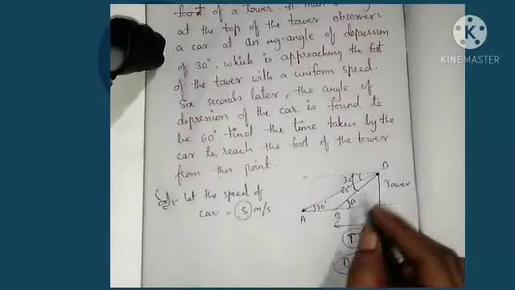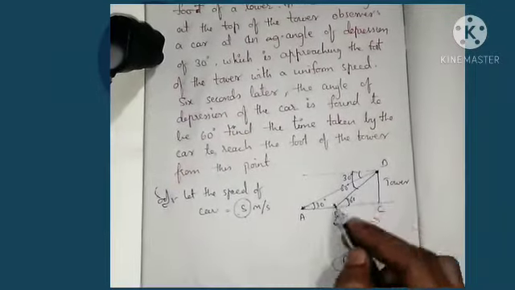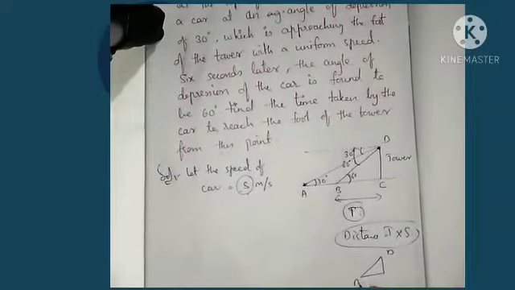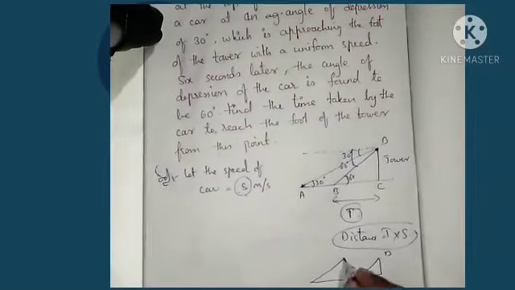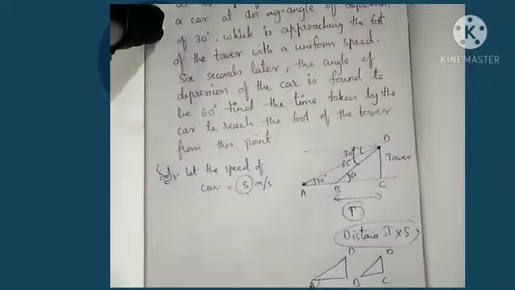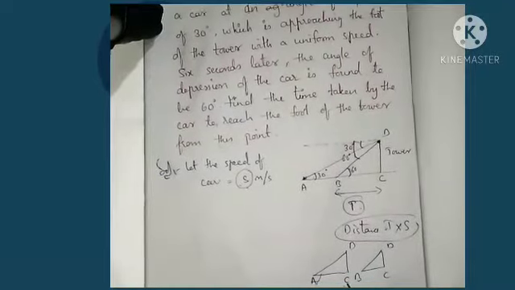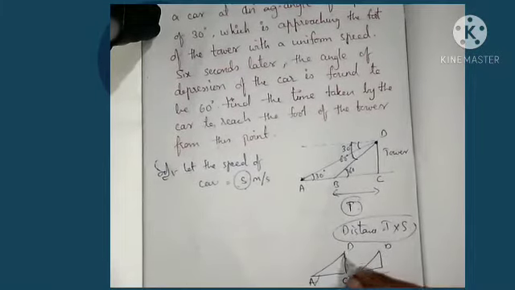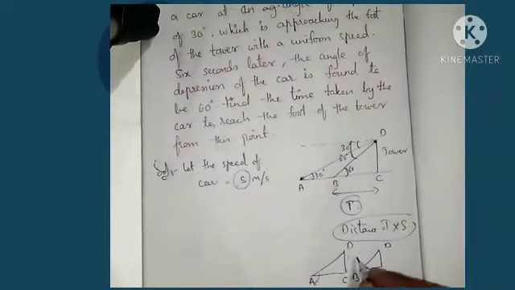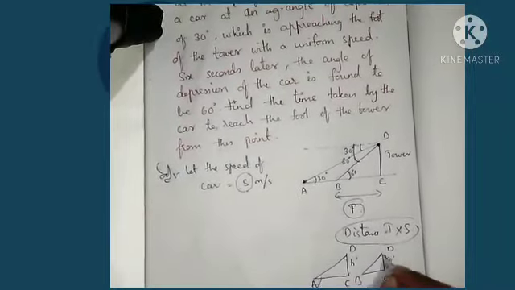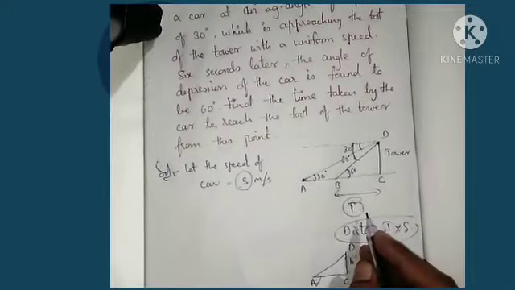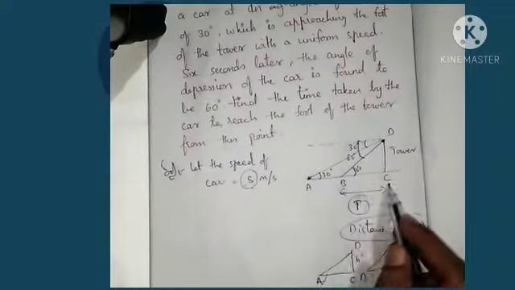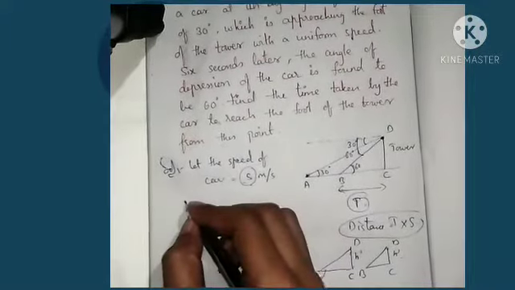So what will we do? Here you can see, for trigonometric ratios we need a right angle triangle. Here there are two right angle triangles. First is DBC and second one is DAC. But here you can see they share the same height of the tower, DC. So we can take h common. With the help of speed we will take this side, AC or BC. How do we know the distance?